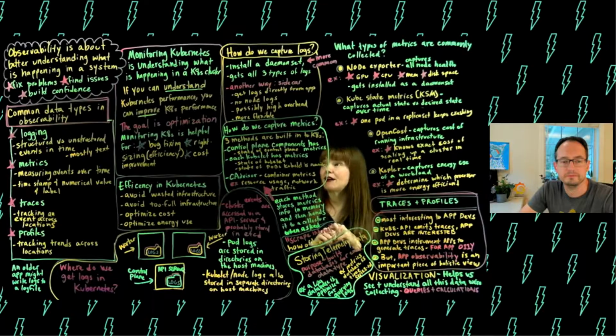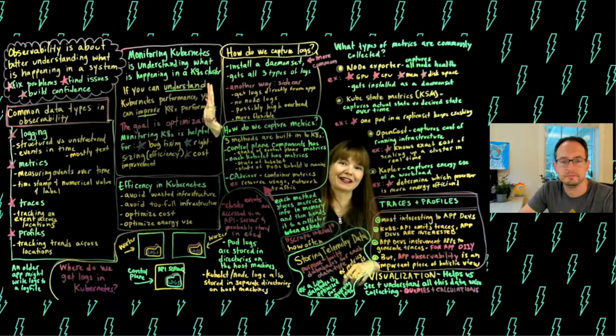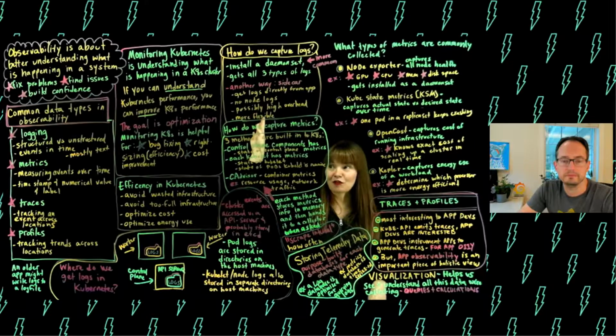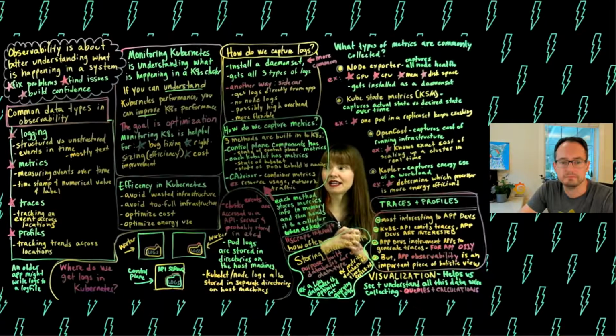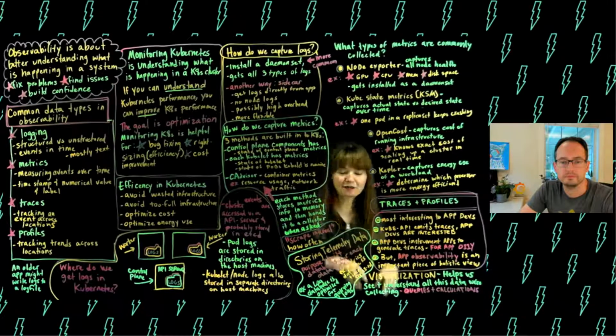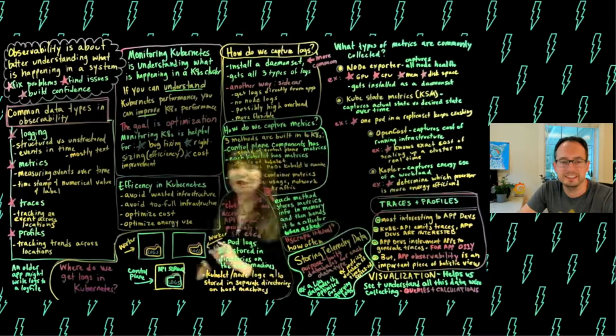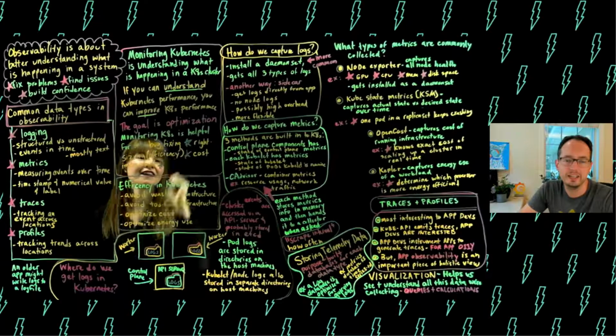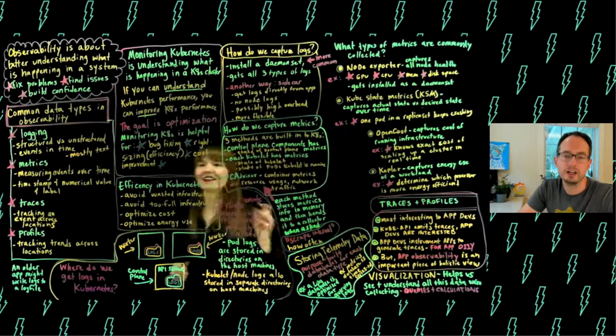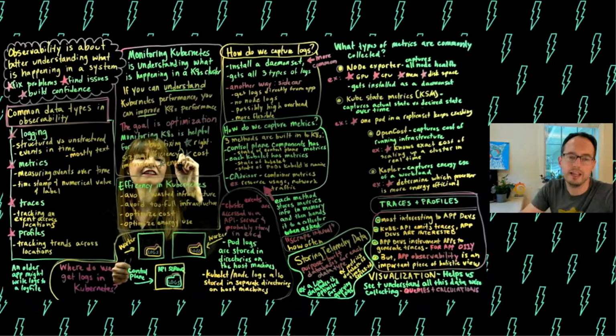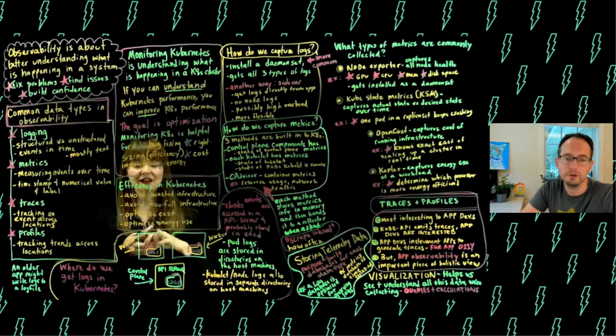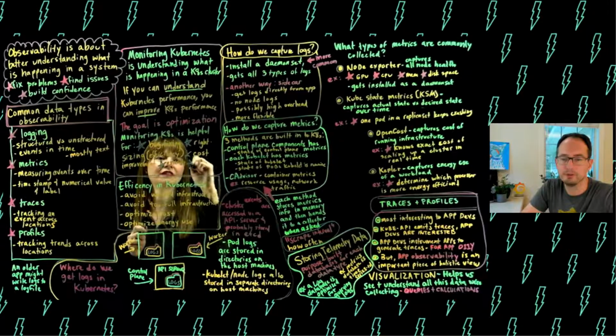So then we talked about what is monitoring Kubernetes and why do we need to do it? Right. So if you can understand your Kubernetes performance, then you can improve your Kubernetes performance. So the goal is optimization. We said specifically monitoring Kubernetes is helpful for things like bug fixing, right sizing, cost improvement. There's more room. What's a couple other things it's good for? It's good for energy. We talked about energy. We talked about even as a companion to the applications too, helping give a holistic view of app performance as well.